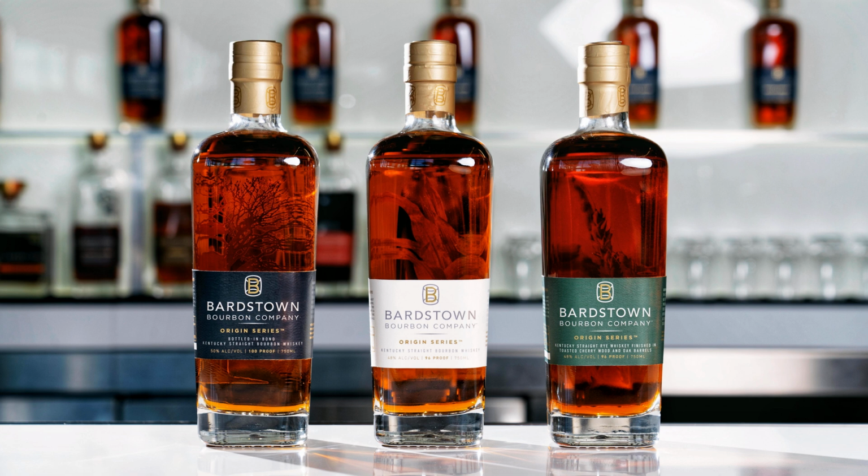And so, was it important for you all to release the bourbons first? Or did you just wait a little bit longer for the rye to distill? It was timing. We'll lead with the bourbons, which I think is important to come out first. We knew we wanted to do that. We had an option to go a little earlier with the rye, but being Bardstown Bourbon Company, our flagship 100% estate distilled product, we're coming out with the bourbon first, and then the rye is where we'll really see the innovation side of finishing. So we are considered the most technically advanced distillery in the U.S., and we do so much with